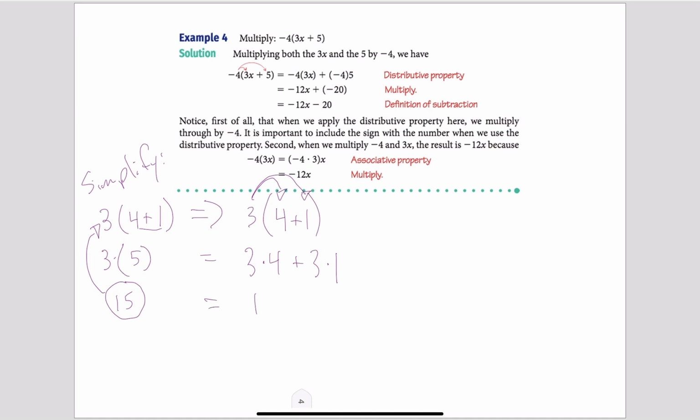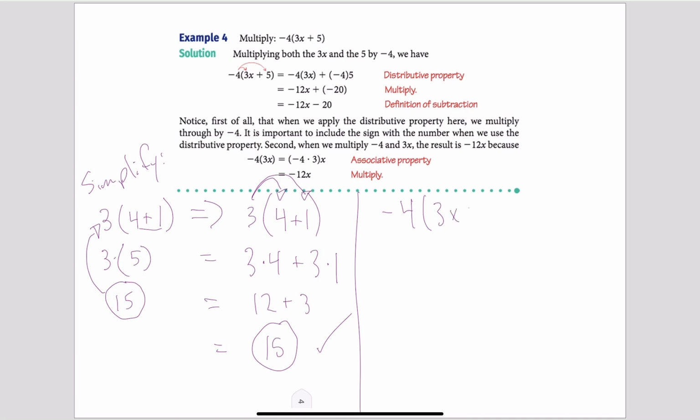3 times 4 is 12. 3 times 1 is 3. And 12 and 3 make 15. So sure enough, it checks out. It works. The distributive property works. And so what I want to do now is use it when it's not all numbers and